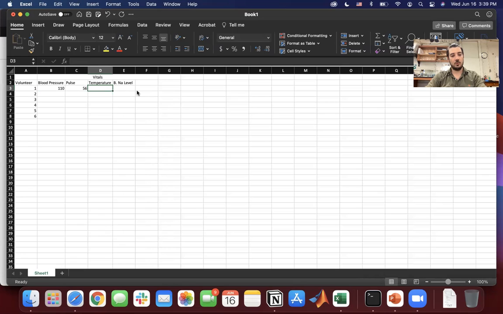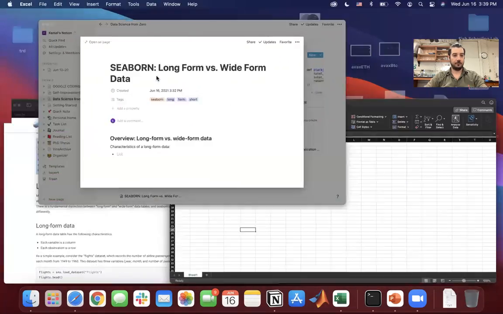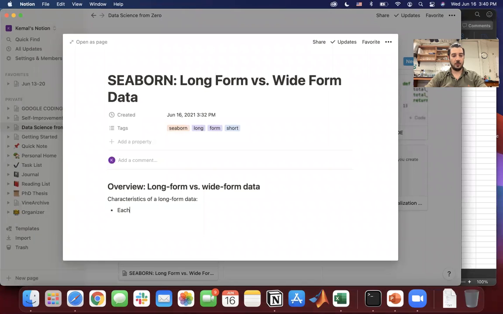Let's work with temperature, Celsius. So something like this would be a long form data, I guess. So each column is a variable. Each observation is